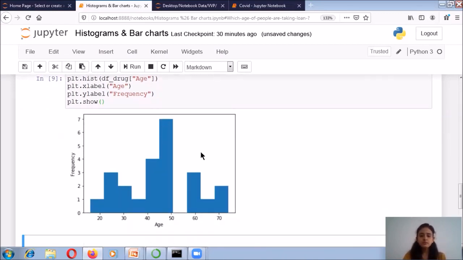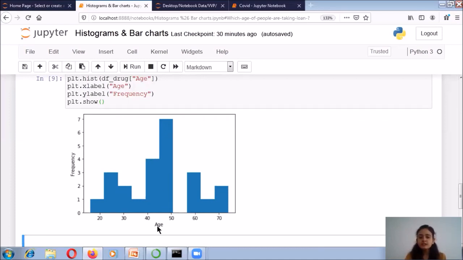So from this histogram, you can identify that between the range of 40 to 50, there are the maximum number of people. So you can compare the maximum number of people is between 45 to 50. So this is my middle value. So between 40 and 50, I will get somewhere over here, that is 45. So the people between 45 to 50 are maximum, but this bar is also maximum compared to the others.